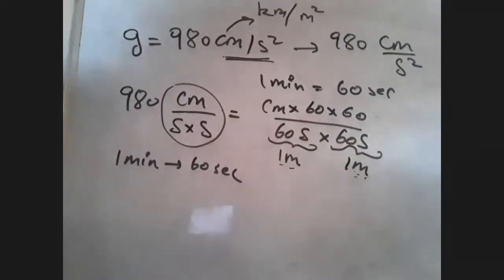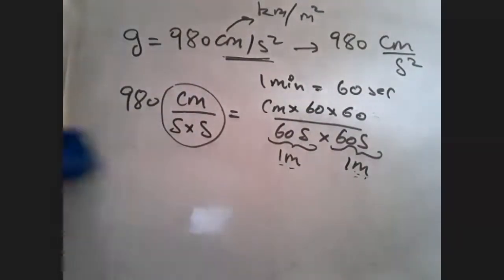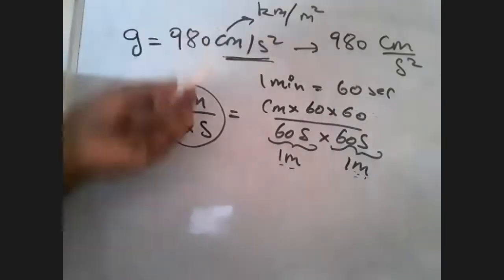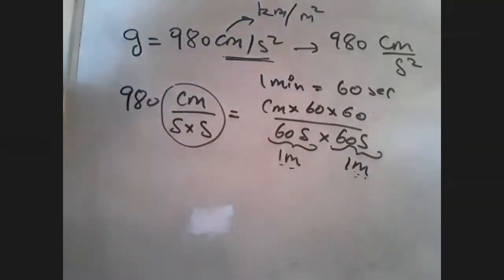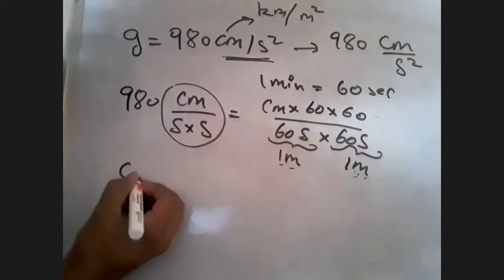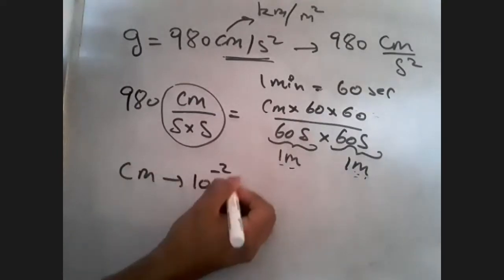Okay, a little bit of difficulty, no problem. Look at the video which I'll be posting again. Anyway, if I got this, now the next thing is to convert this centimeter to kilometer. How can I convert it into kilometers now? First, let's say centimeter here is what, students? Centimeter can be converted into meters by how many meters? 10 raised to minus 2 meters, isn't it?